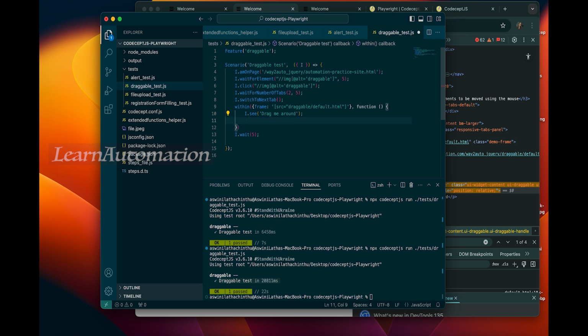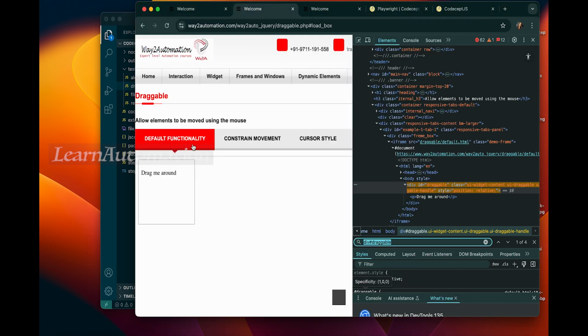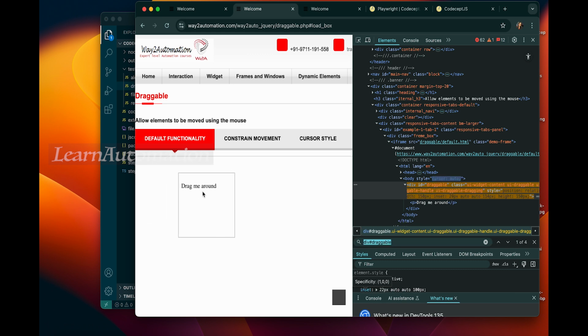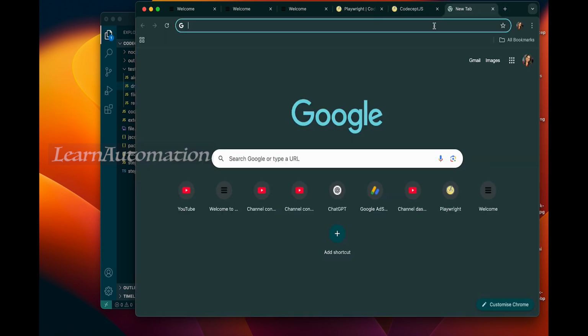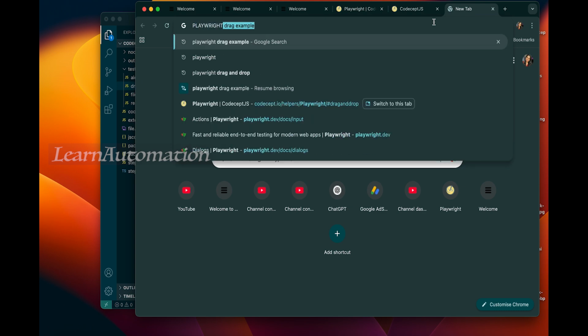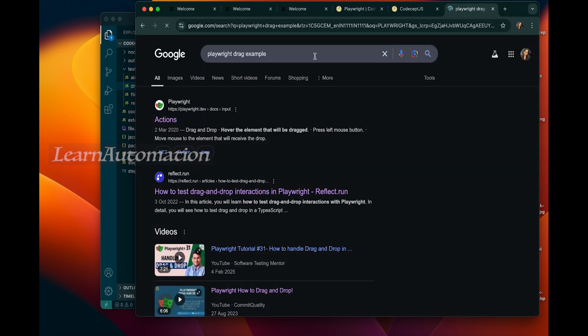Now, to perform any drag option, we basically need to perform mouse movements, correct? So we need to click it and move it, correct? This is the mouse movement. So we are going to perform the mouse movements with the help of Playwright. Here they give built-in functions for quite common actions that we do in automation. But to handle different key scenarios like this, we can go directly to the Playwright